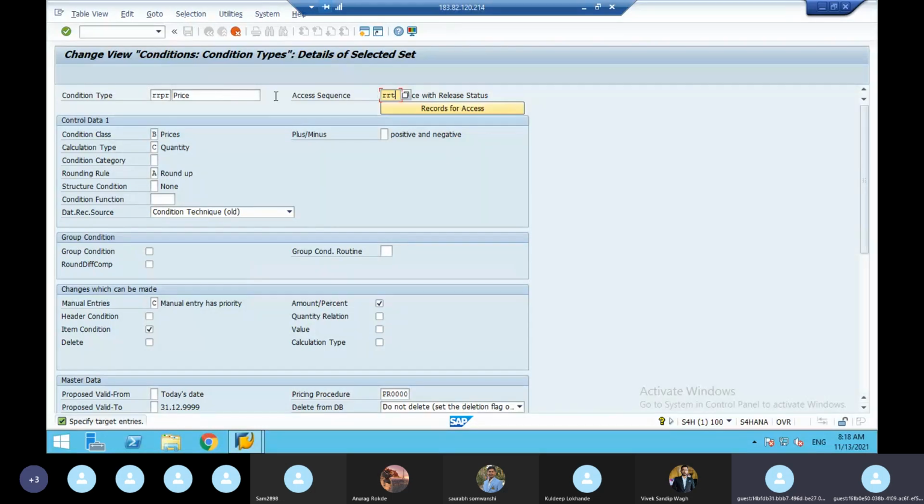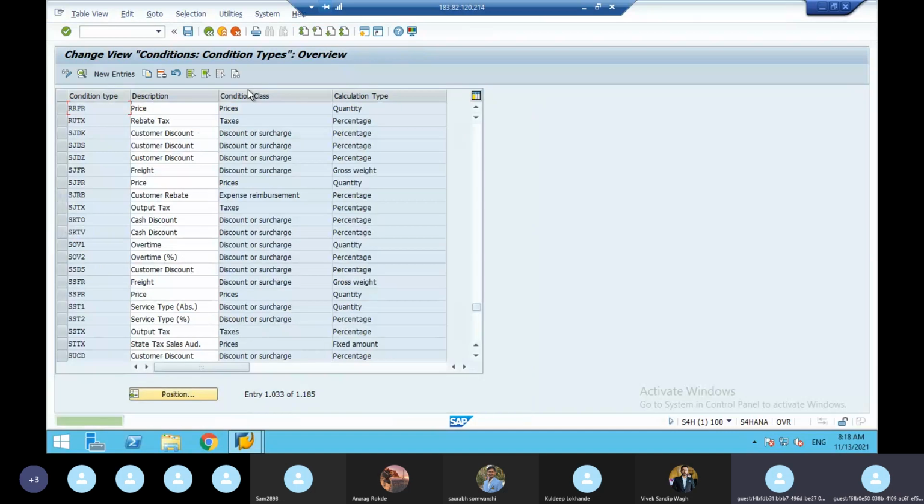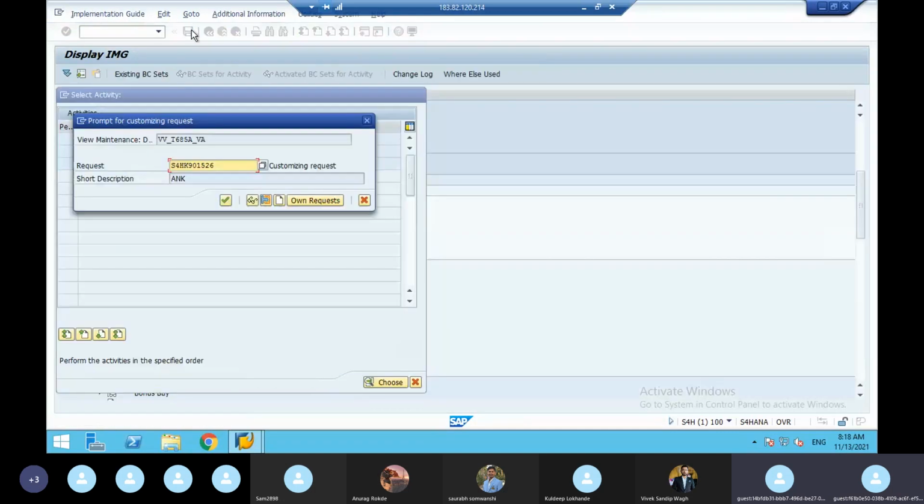Just assign your access sequence manually. So the base price standard PR00, I've done copy as, I renamed it as RRPR, and I gave the access sequence here. Then enter, save, enter and save. So that's all. Condition type is ready. Base price condition type is ready.